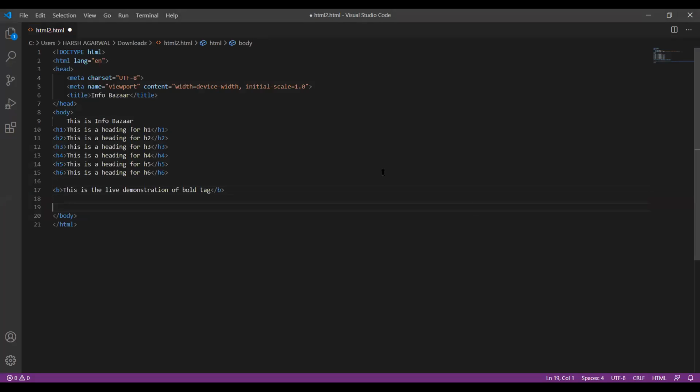Now let's move to the strong tag. A strong tag is also used to bold the text, but the difference is only of priority. Bold tag is more prior. Depending upon your priority, we will be using a strong tag or a bold tag. For an example, I am writing,